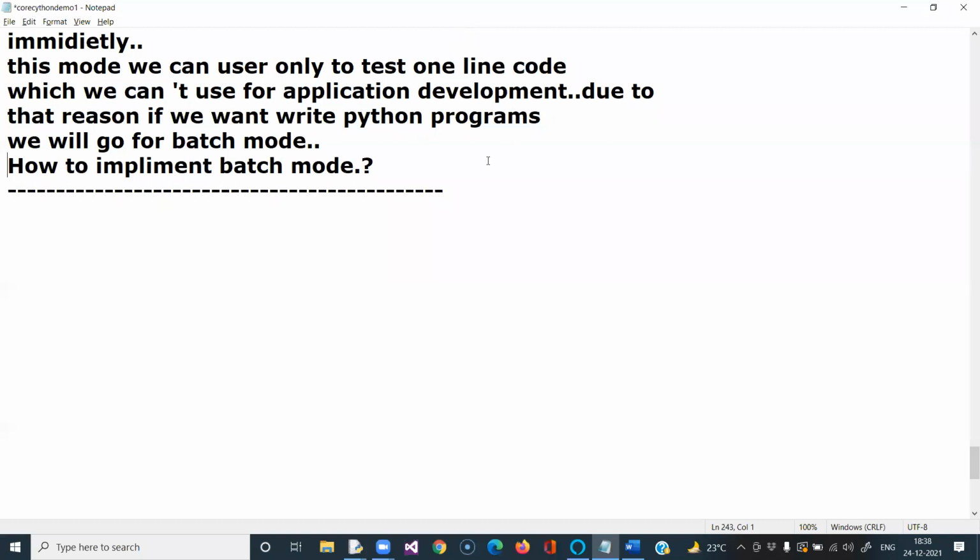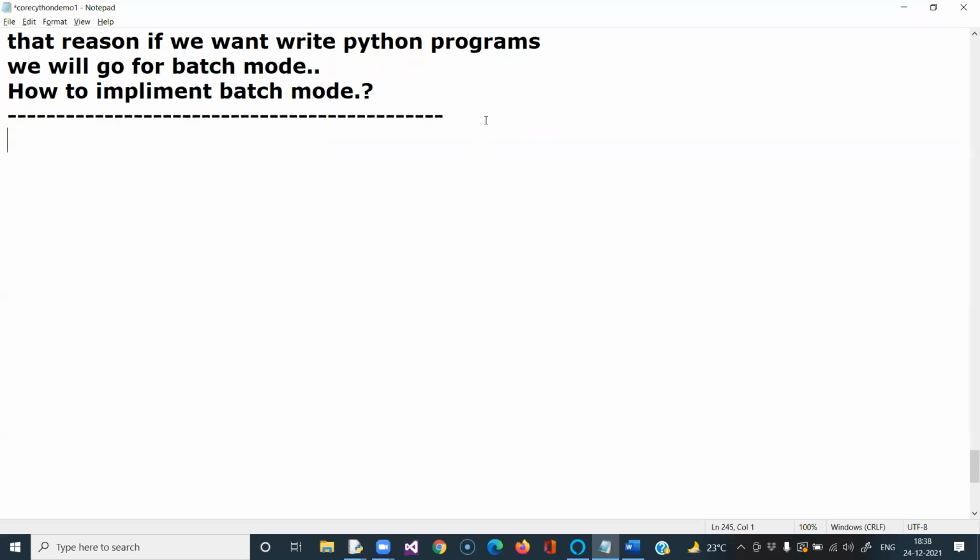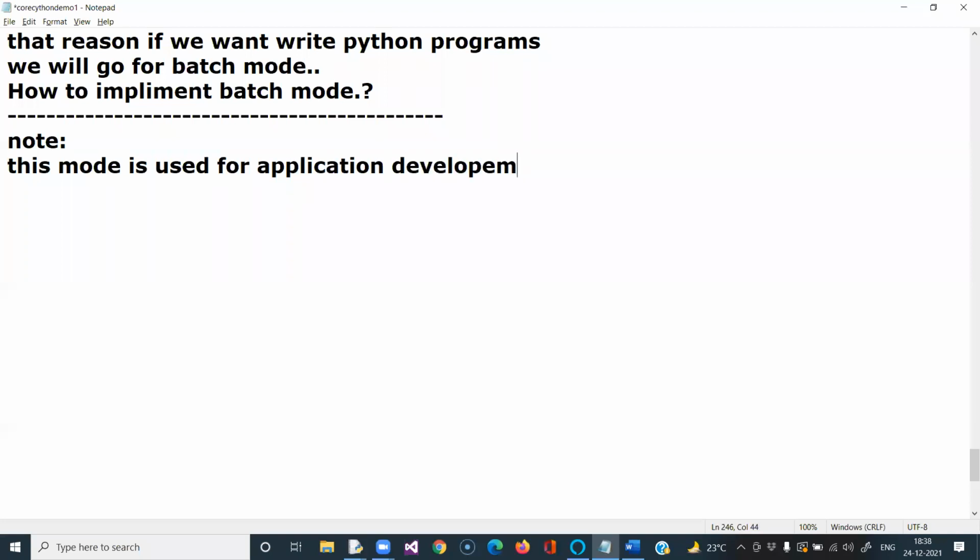Yes. Now coming to batch mode. Sir, what is this batch mode exactly? And you have to give note here, one small note. This mode is used for application development. Which mode? Batch mode. In this mode, we will